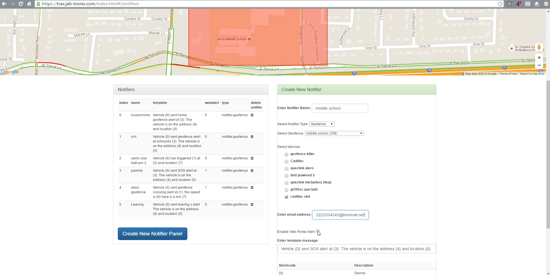And I also want a web portal alert, so I'm going to check this box. A web portal alert is basically if you're in the portal and if the device crosses into that boundary, you're going to get a little pop-up message saying whatever you type in here. I'll say